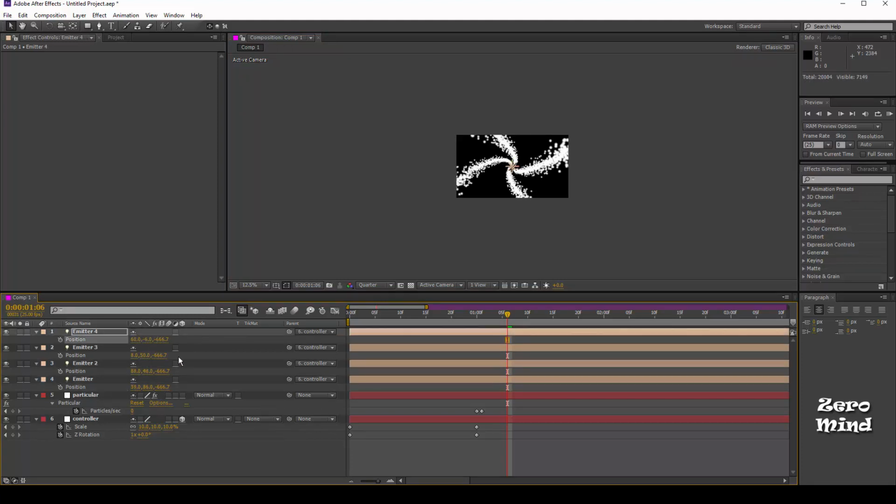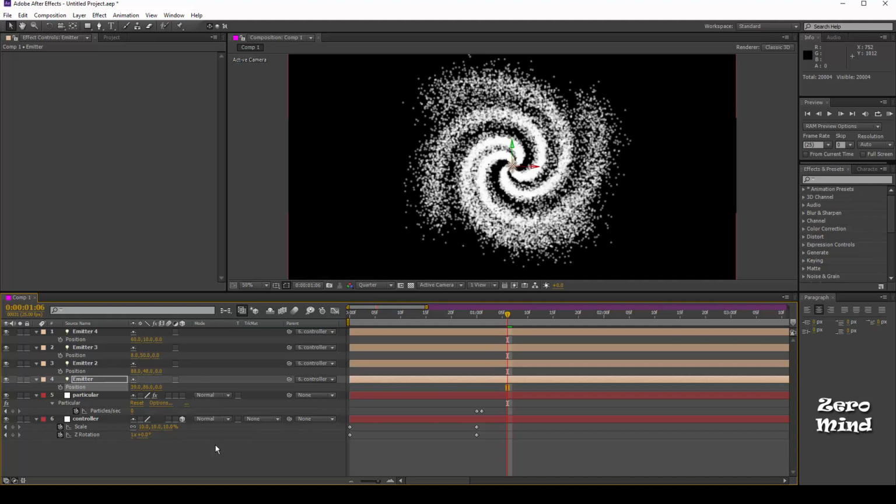So I'll put 0 in the z-axis in all the lights. Now you can easily adjust the lights to make a perfect swirl.